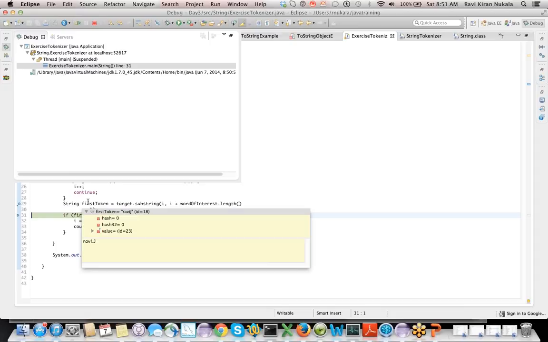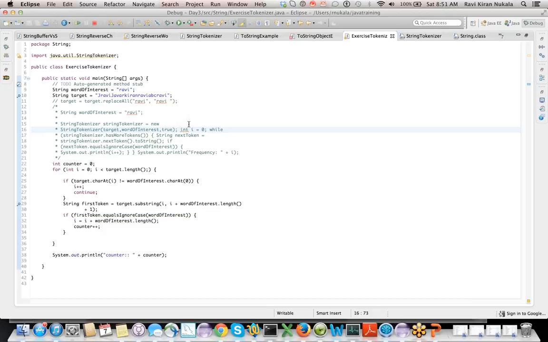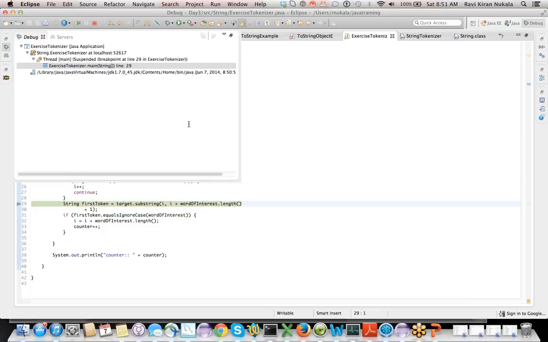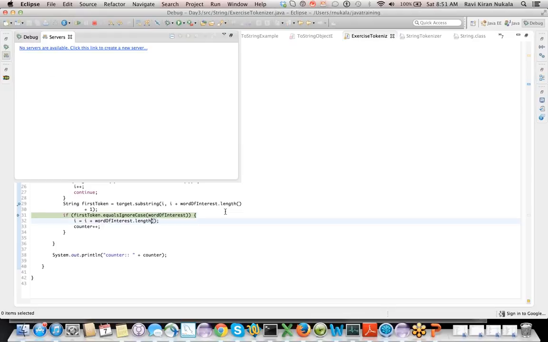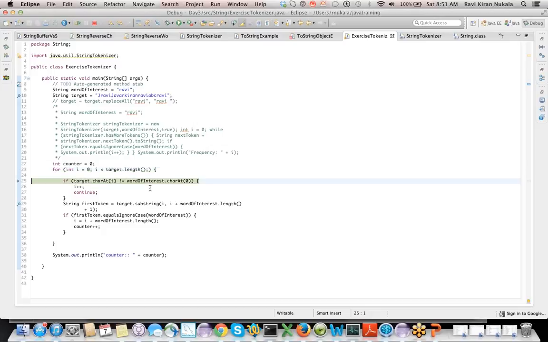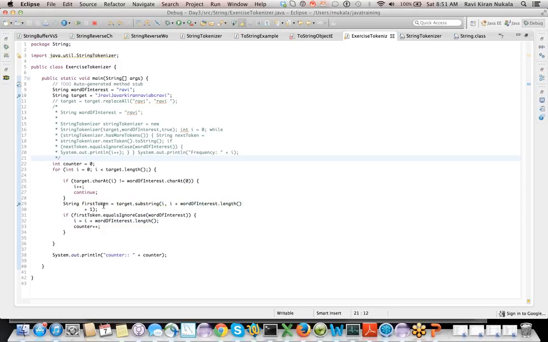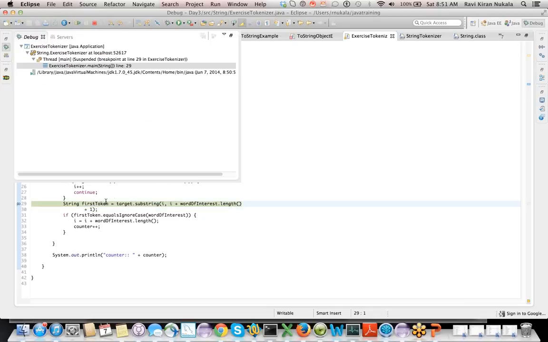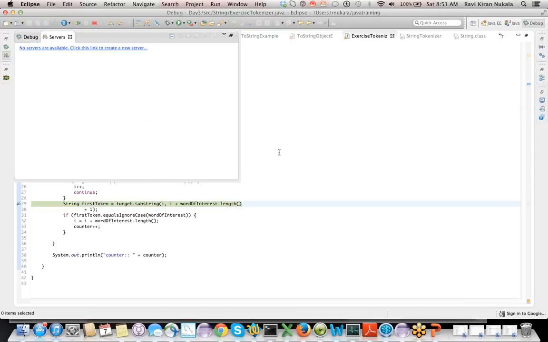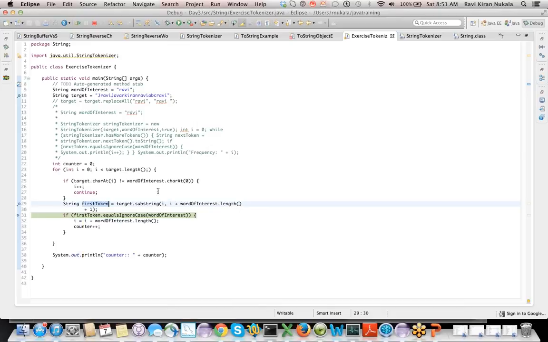See here. So now next one comes and we are ignoring that totally. Fine. And then moves on. Why is the first token becoming the same all the time?